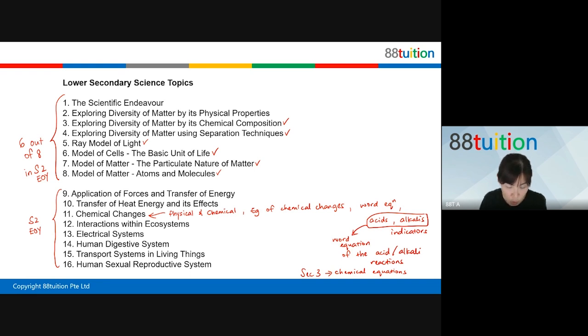Because in chemistry, this is classified under chemistry topic. If you are going to do pure chemistry, it is considered basic, even for the writing of equations. This is considered basic. If you want to do well, you need to know how to apply. So everything is about application for O level.